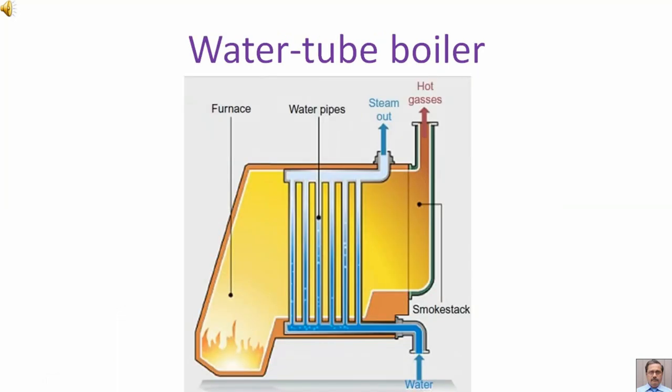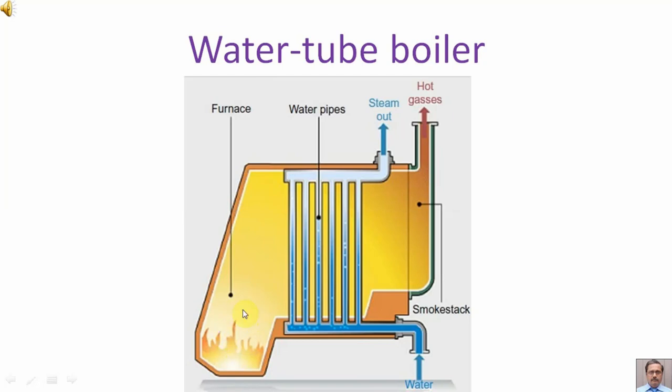As a comparison, now we are showing the schematic diagram of a water tube boiler. So in this water tube boiler, one can see there are some water pipes. These pipes are filled with water. And outside these water pipes, we are having hot gases which are coming out from the